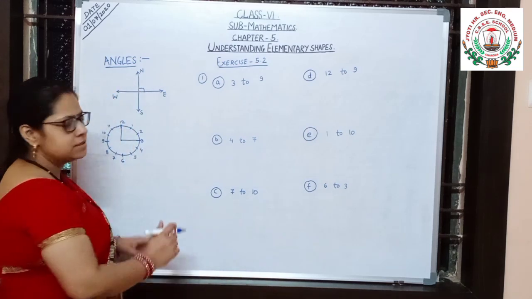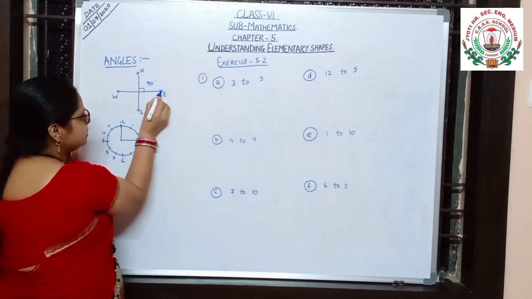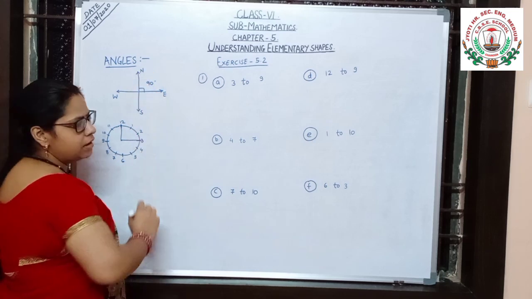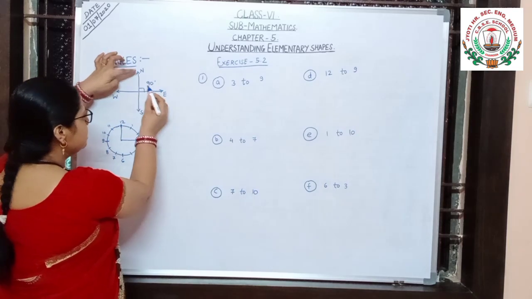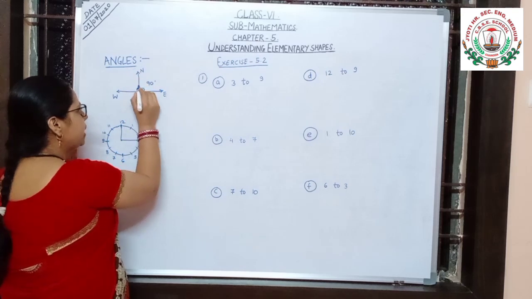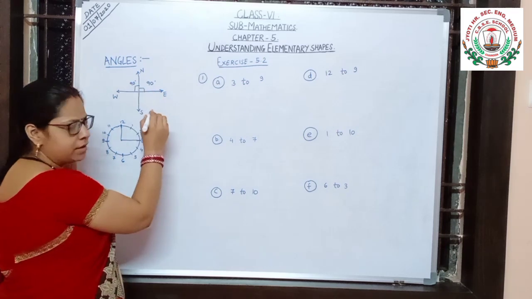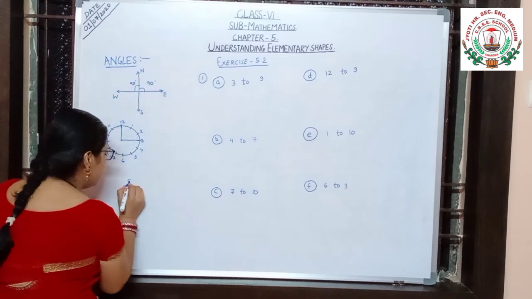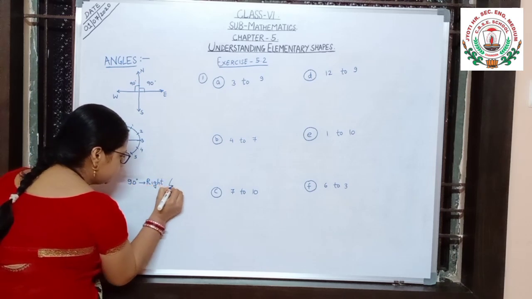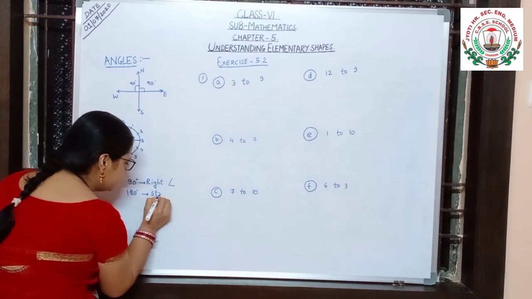So in that you can see 90 degree. When you are keeping the base at this line and the center line, when you go and measure, you will get here 90 degree. So north to east, it is the 90 degree angle. And when you go from north to west, again it is one more 90 degree. So 90 plus 90, total 180 degree. So 90 degree is called right angle. And 180 degree is called straight angle.